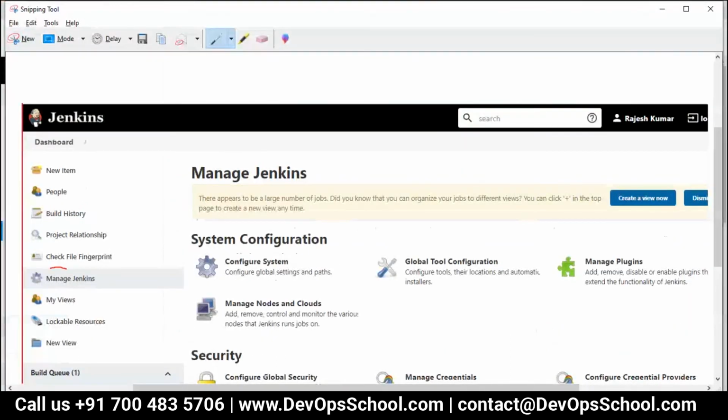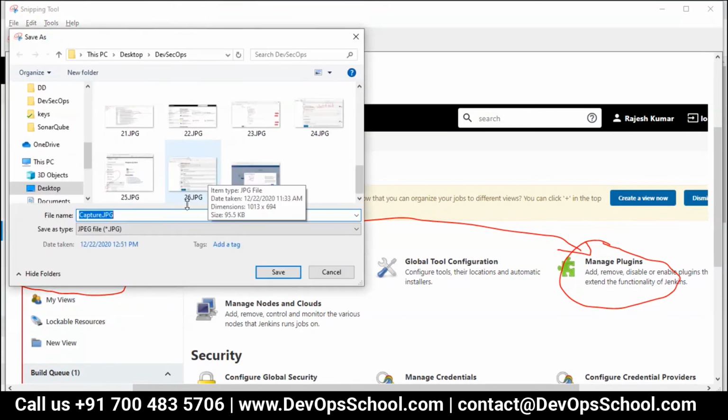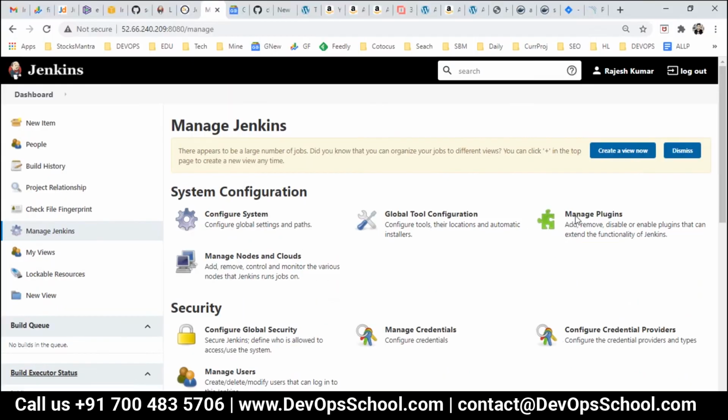Click on Manage Jenkins and click on Manage Plugins to install the plugin. I'm installing the plugin named Jira itself. So let me show you.